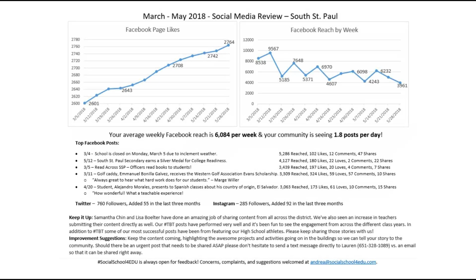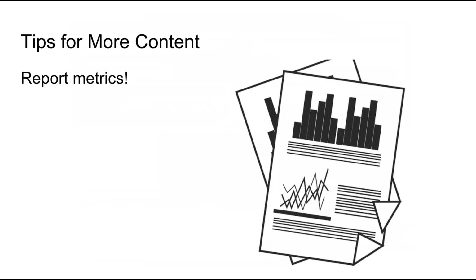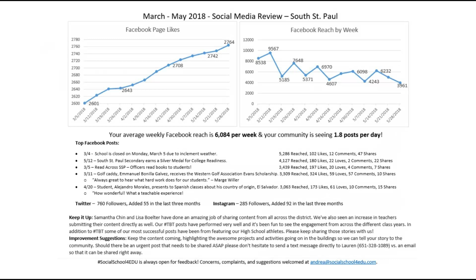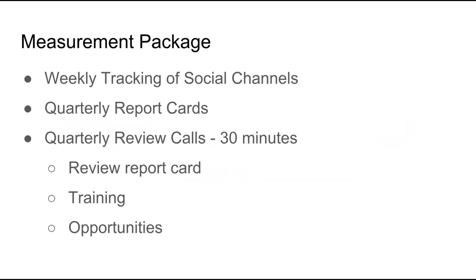So I just want to share with you that we do have an option to have our team assemble these metrics for you and do a quarterly call on them. We do this for just $250 a quarter, so it's $1,000 for the whole year, okay? And we track your social channels weekly on a district level. We do the quarterly report card, and then guess what we do? We do a phone call with you and your leadership team, maybe a team of 3, 4 people,